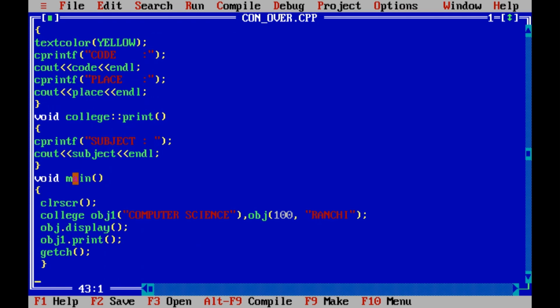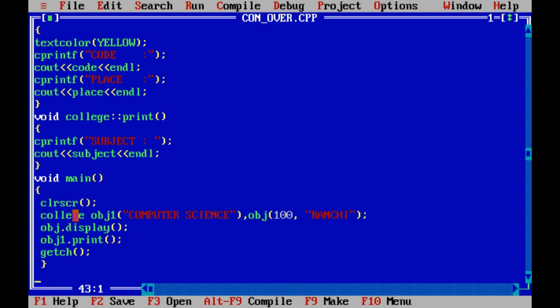In main you can see we have made two constructors in this program, one with one parameter and one with two parameters. When we create the object, that constructor will be called. So here we are creating the object college. Execution of the program will start with main: we enter main, and then clear screen will clear the screen of the output.